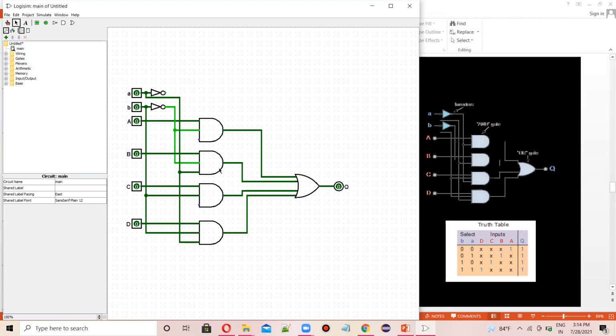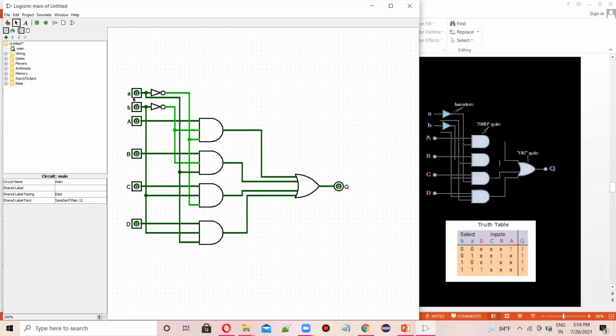Now it is okay. Now the last part, the remaining part that is coming here, and it is connected with this. And you can see it clearly. This part is connected with that. Okay, now everything is perfectly done. So now let's check whether we are getting the same truth table here also. But before that, I would like to check whether these outputs are coming correctly. So let's see that.